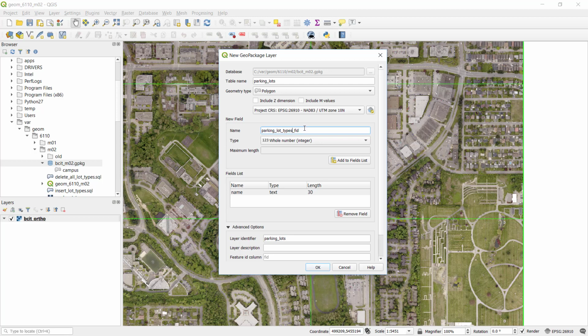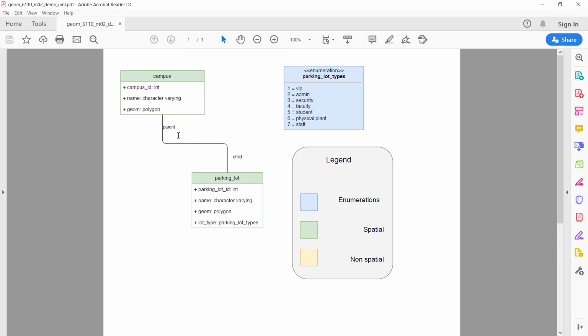I guess types. FID, whole number, add. I'm also going to need another column that will link to the campus, maybe. So I'll call it campus underscore FID, for feature ID, whole number, add. Okay, so campus FID is going to facilitate the parent-child relationship, and the other FID will link into this column,